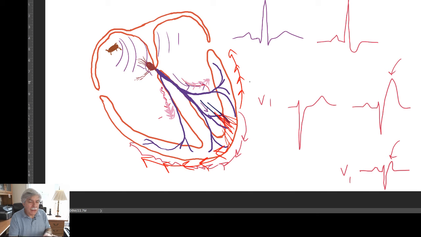So what you get is an appearance of a bifascicular block, but since it's taking longer to get from the atria down the AV node and to the ventricles, you would expect the PR interval to be prolonged. So the prolongation of the PR interval potentially comes from delay in all three hemifascicles. Two are more delayed than the others, so you get the right bundle, left anterior bifascicular block appearance, but the third hemifascicle is also diseased,